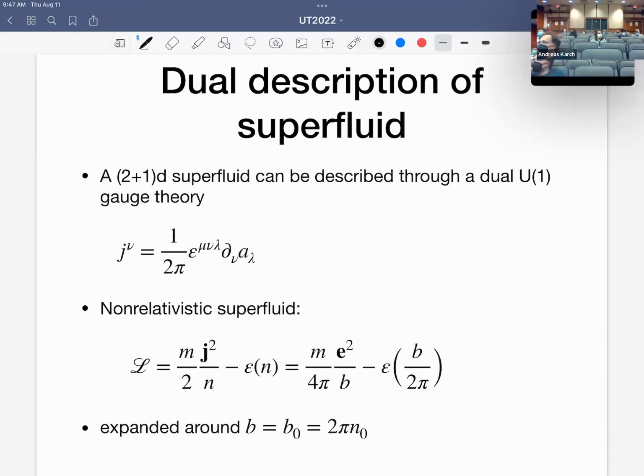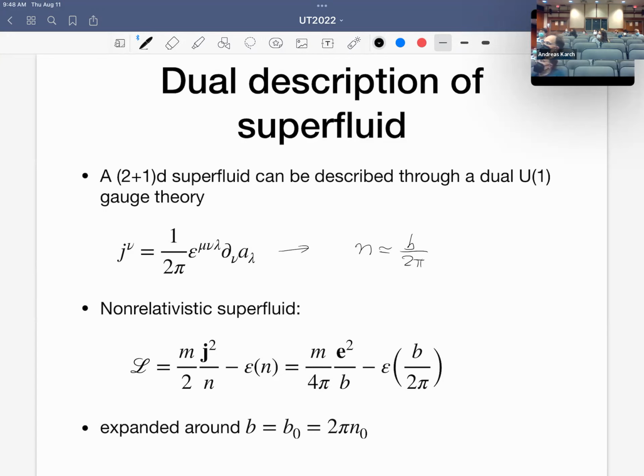So now, if I have a non-relativistic superfluid, then the Lagrangian consists of 2 parts: the kinetic energy, which is basically mv squared, but when we write it in terms of current and density, J squared divided by n times the mass, and then this term in the dual language should be E squared over B, right? And B is the magnetic field. So this formula tells us that the density is equal to the magnetic field divided by 2π, the number of magnetic flux quanta. So the first term might seem scary